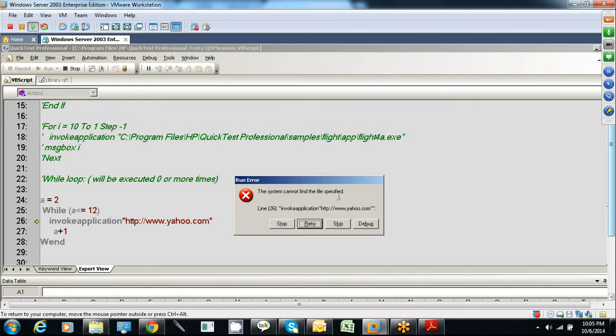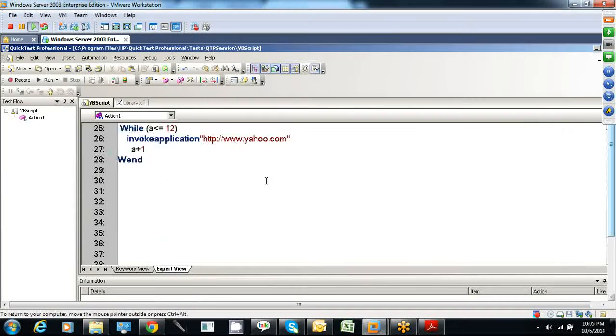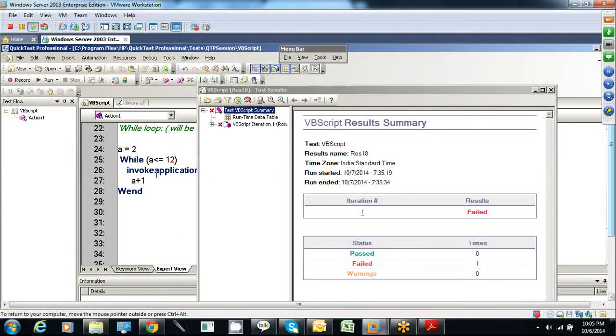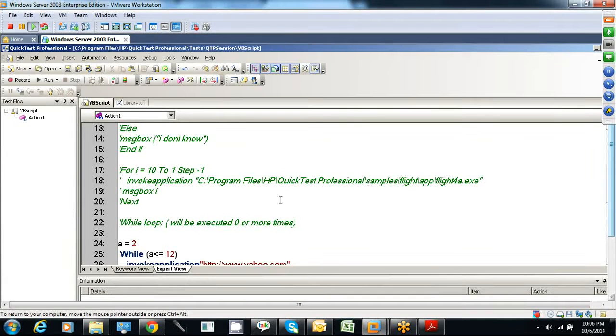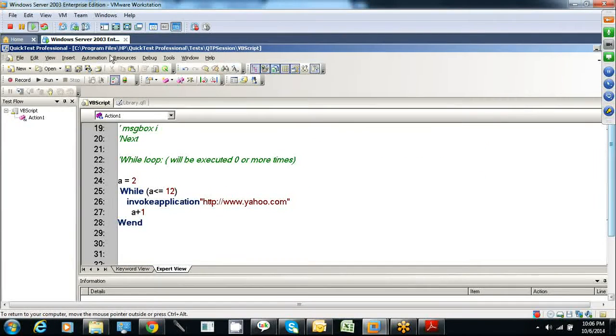Okay, now invoke application, that's wrong. You cannot put it like this. It takes only the path. So invoke application only works for a path, that is, only the path for a local application that exists on your system. So if you want to invoke a web page in a particular browser, it won't work. I could have invoked the same application, but I want to show you the web page in a certain browser. So for this, let us use a different method. So invoke application,